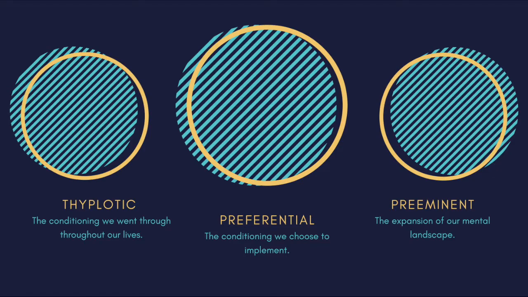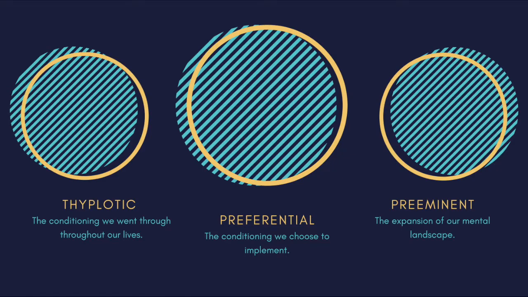And at the tip of the pyramid is the preeminent level of thinking, which is you expanding your mental landscape and mental horizon. When you learn more, when you improve your critical thinking, when you think more logically, when you use rational emotive behavior therapy through rational thinking and through emotive analogy and emotional intelligence, you will be working on improving the tip of the pyramid.